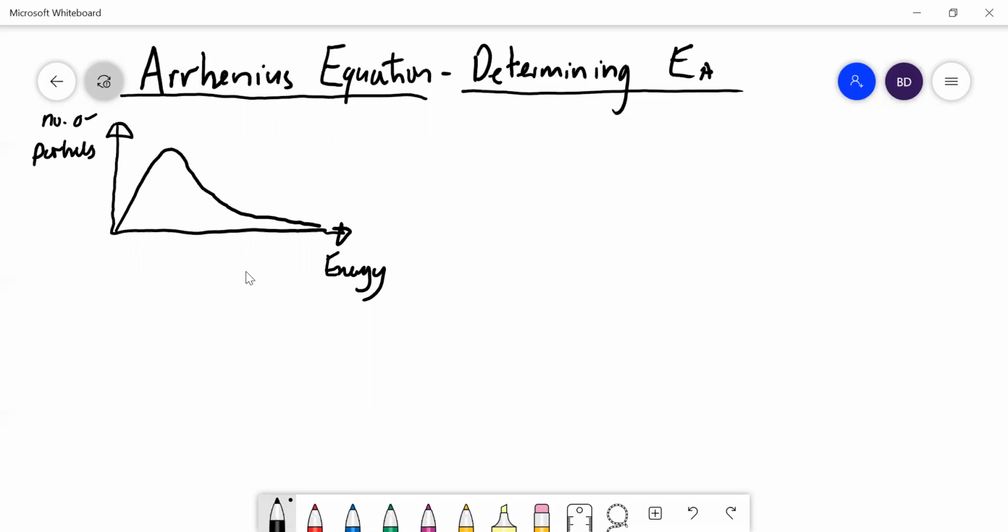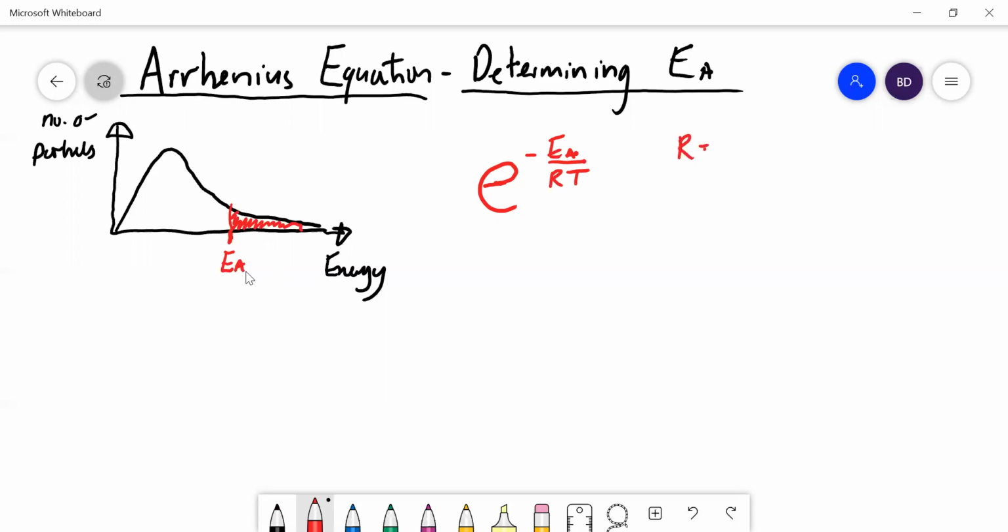Right, now, let's just say that's a certain energy there. Let's call that EA, which stands for activation energy. Right, now, I don't know why, but mathematically, the fraction of molecules with energy greater than EA is given by e, which is a mathematical constant, about 2.71 or something, to the power of minus EA, so that's the energy we're talking about, over R, which is the gas constant, and